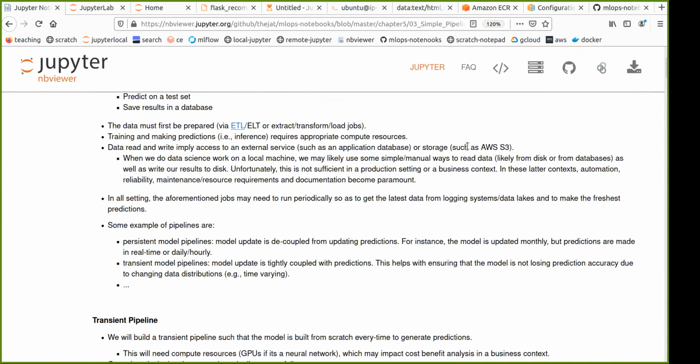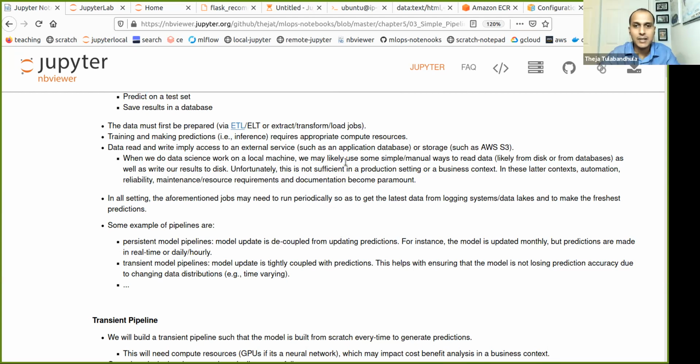Professor, this is Chaitanya. I have a question. You mentioned for a transient pipeline, the model is built from scratch every time to generate predictions. We already have a model now for that MovieLens prediction, and we are going to upload that to our Flask and the AWS, all that stuff. So what do you mean by it builds from scratch? We already have the model built and we are putting it on our machine, right? Is it just running it and generating results, or what does it mean by building from scratch again?